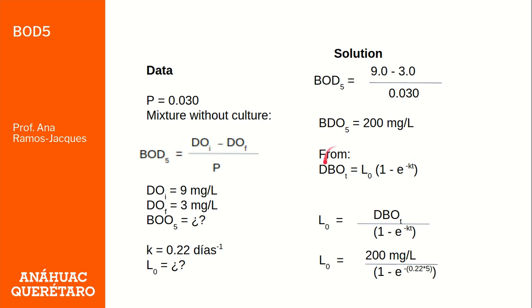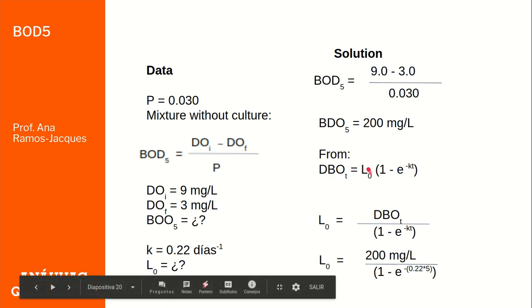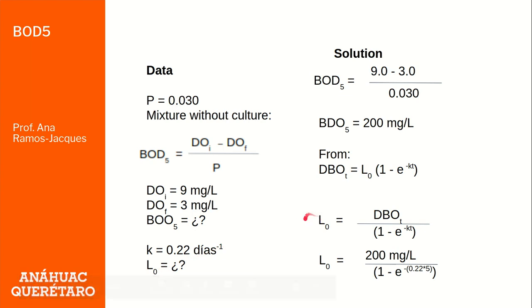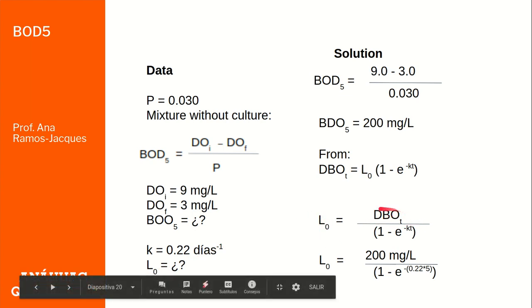And from the other formula of the exponential model decay, the decay model, we have this. We put this unknown value on one side of the equation, and we have the BOD total in 1 minus the exponential. So we have all the data. The time in here is easy because we already know that it's 5 days, because we are calculating the BOD 5, so it's 5 days always. Constant value plus the 5 days,